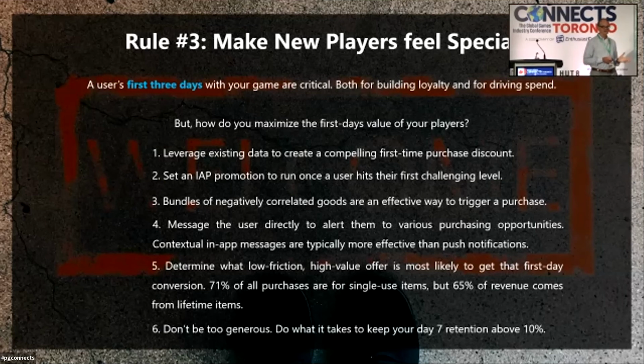And what does that mean? You don't want to give too much away, right? Again, the goal of the first purchase is to get them to come by again. You want to give them enough that they have a taste of it, they have a snack, and they're more engaged. You don't want to give them so much that they have no reason to buy again.